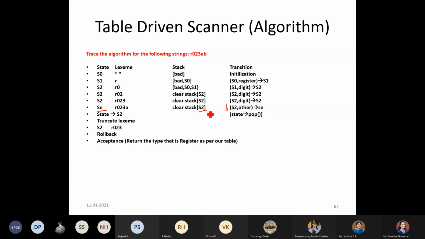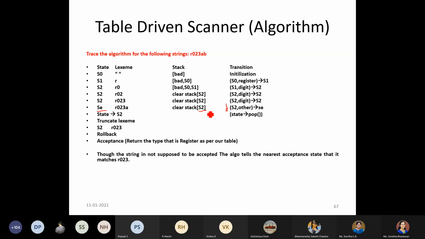Now, when you see the state, S2 is the state which you are having. So now S2 is in the final state, right? So this condition doesn't satisfy, so you come out of your loop. Once you come out of the loop, what happens? You are just checking whether S2 is in the final state. S2 is in the final state. So that means here you are going to find the longest match. That means at least once you have come across the final state, and that you are going to make sure.